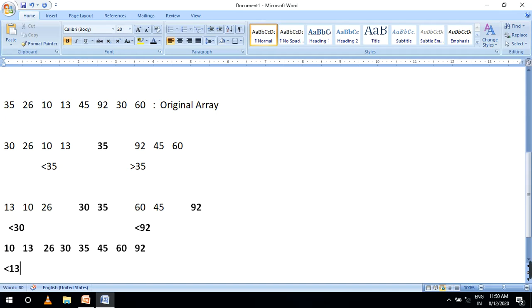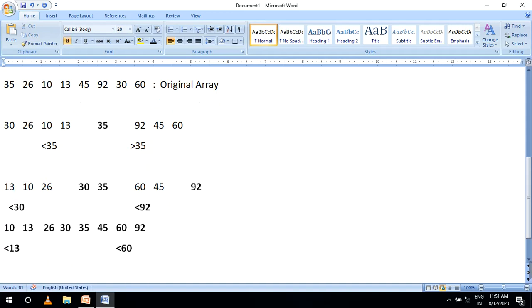Less than 13 means 10, 13, 26, and this will be sorted. Next, at this level I'm taking less than 60. This is the first level. This is the first pivot value. Now quick sort has sorted all the elements.